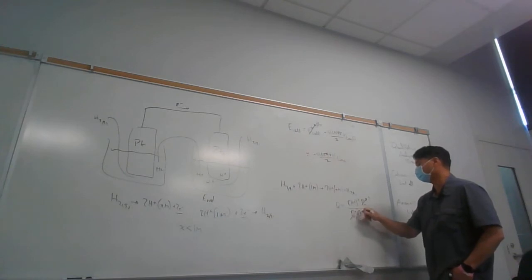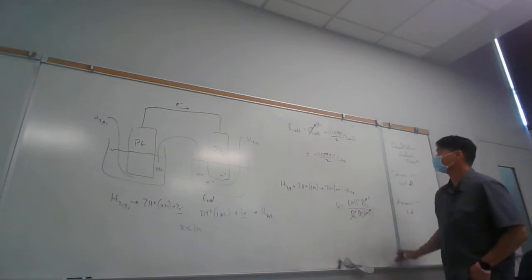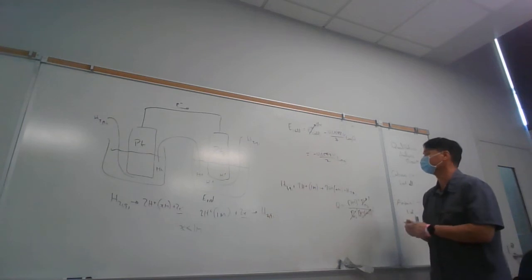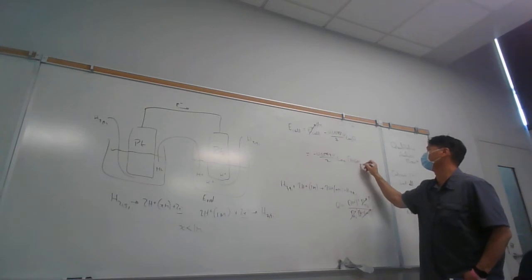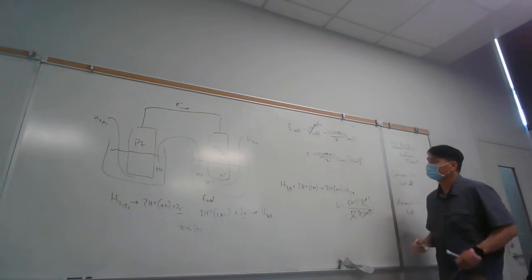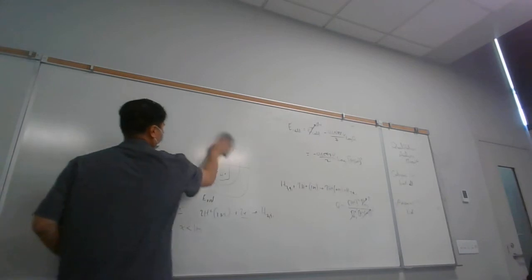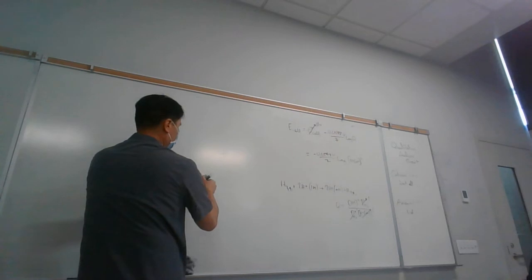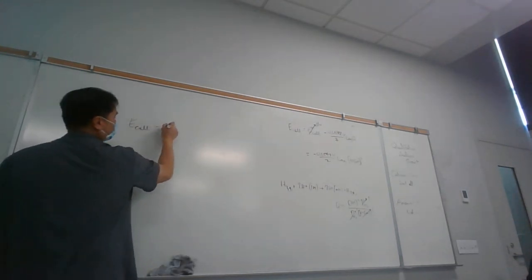This is going to be 1 bar, and this is 1 squared. And so the log of Q ends up just being the concentration of H plus, the X molar, squared. Okay, then what we're going to do is we're going to do this out. It's going to equal